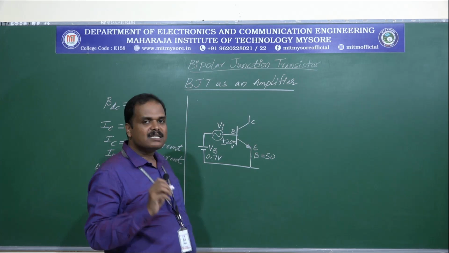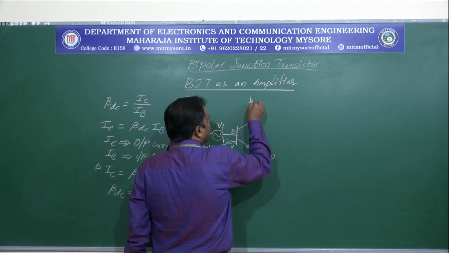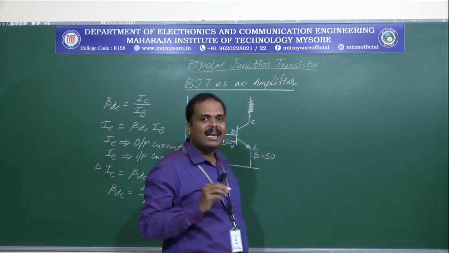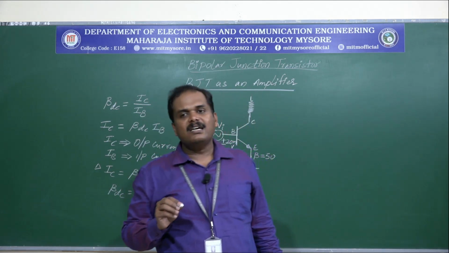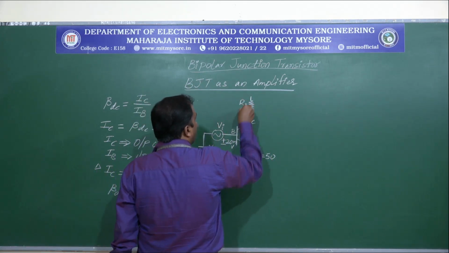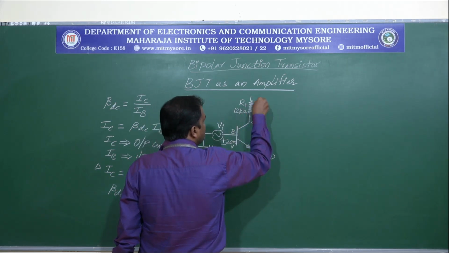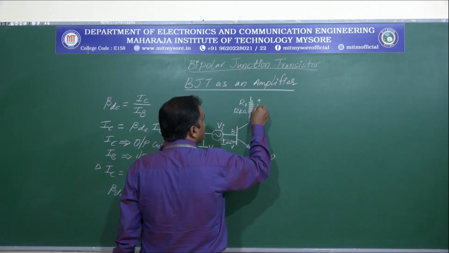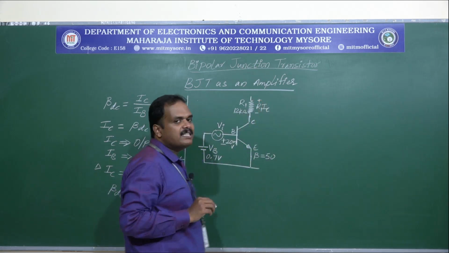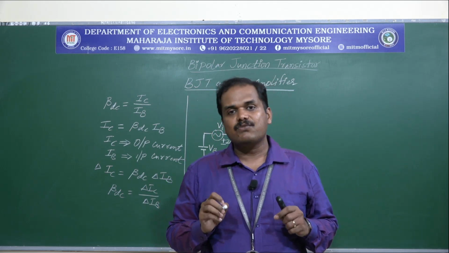Let us say there is a resistance connected to the collector terminal, and consider the value of this resistance as 12 kilo ohms. Let us call this R1, and because of this there is a drop across it, which is R1 into IC, whereas IC is the collector current that is flowing